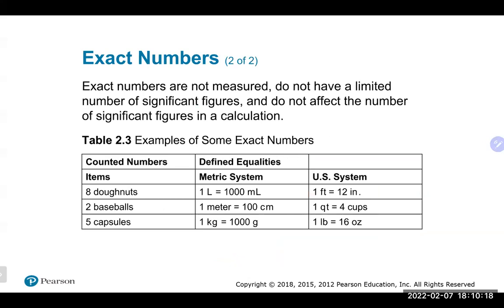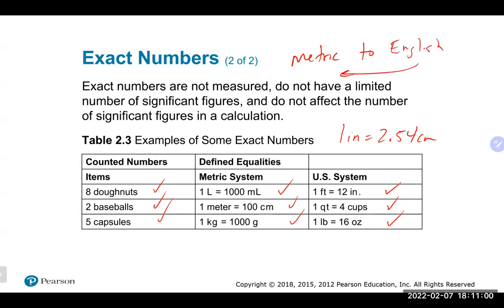And again, these are all considered exact numbers, things that, if we had donuts, baseballs, or capsules, we would just count those. These are metric to metric conversions, which are definitely considered exact numbers. US or English to English conversions are also considered exact numbers. There are some crossovers, like 1 inch is 2.54 centimeters, that are considered exact. But for the most part, if you cross over between those two systems, metric to US or English conversion, or backwards, whichever way,